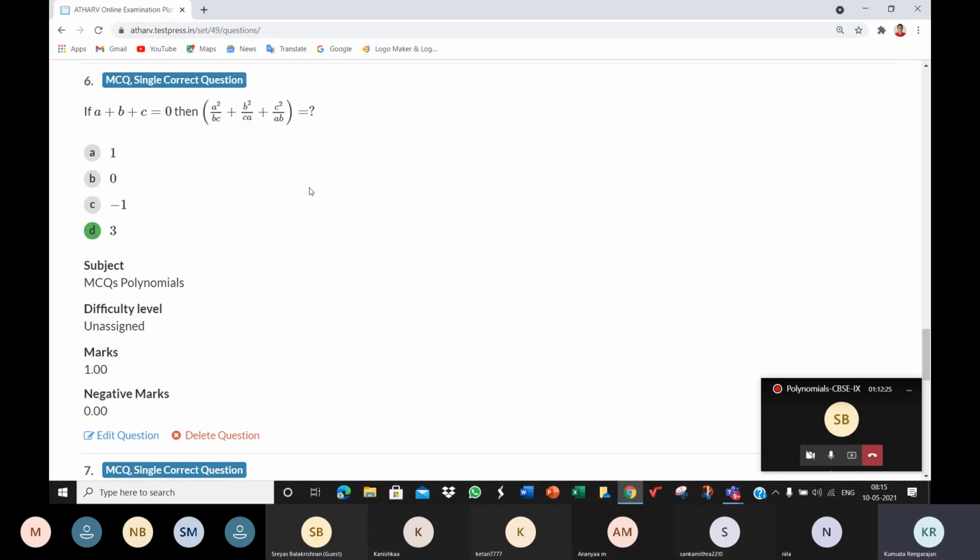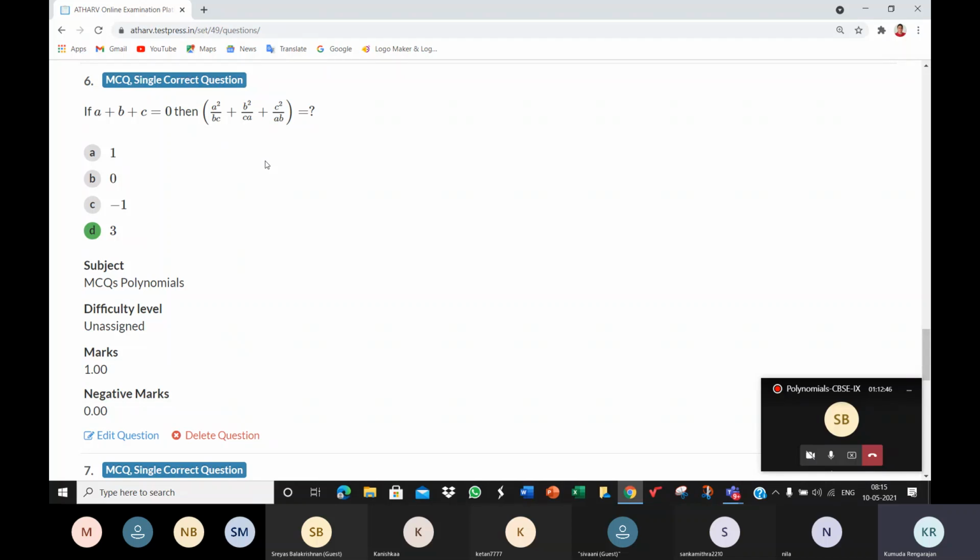Even if you have taken a squared, b squared, c squared, it is possible to find the answer. In case somebody has done it and not got the answer, you share the picture with me on WhatsApp. I'll work it out and post it. In case you have some doubt apart from this, or you tried in a different way and did not get it, just share your picture with me later. I'll help you.